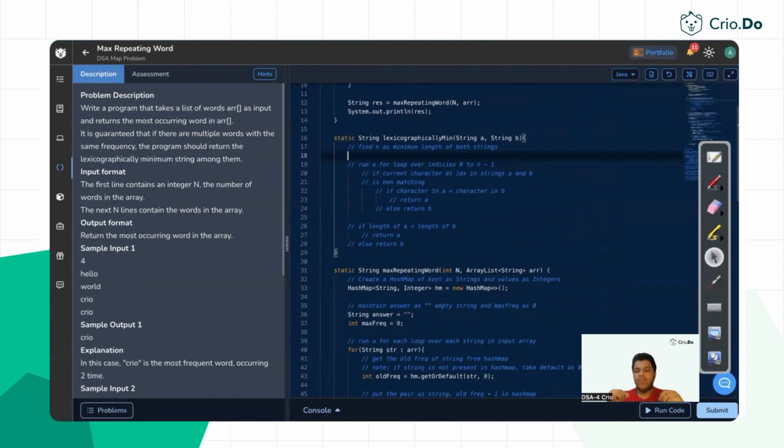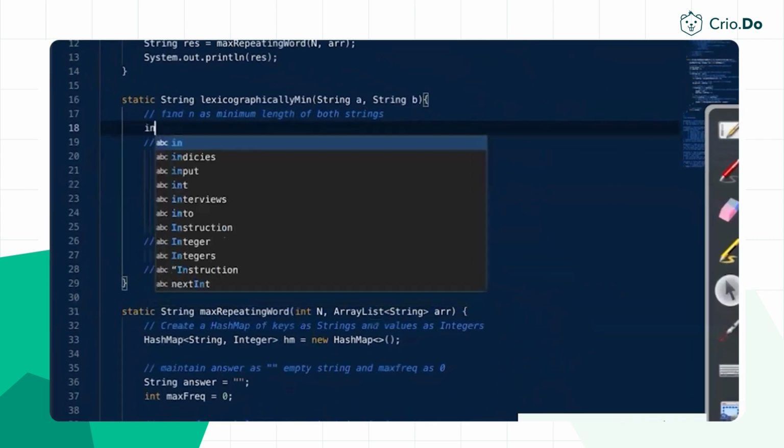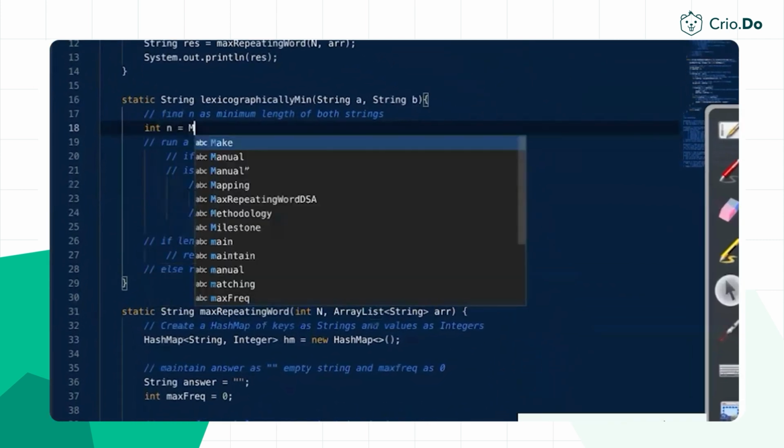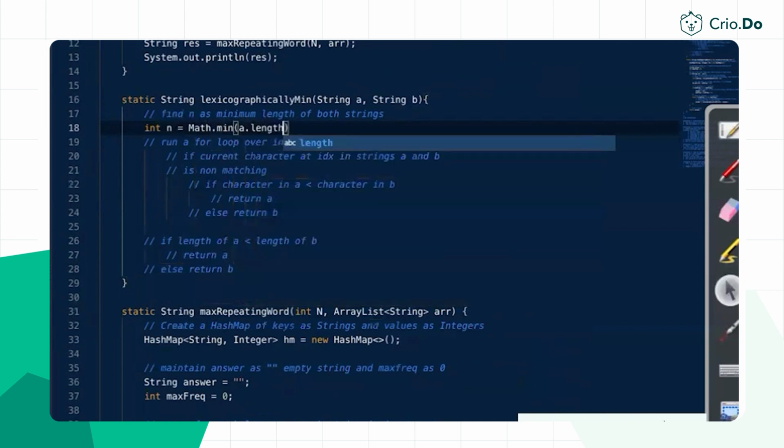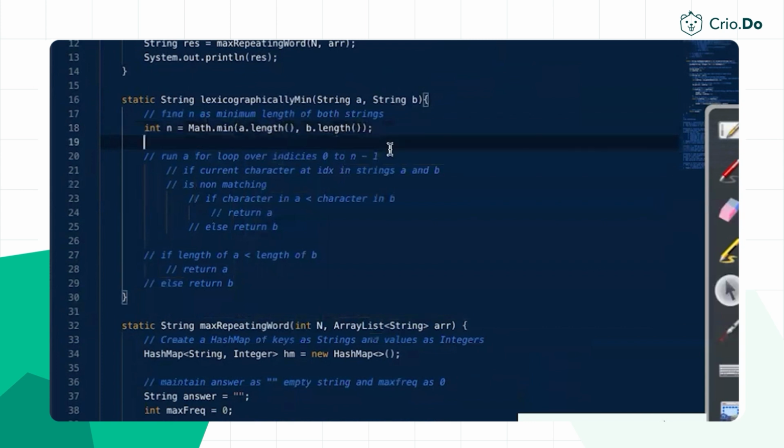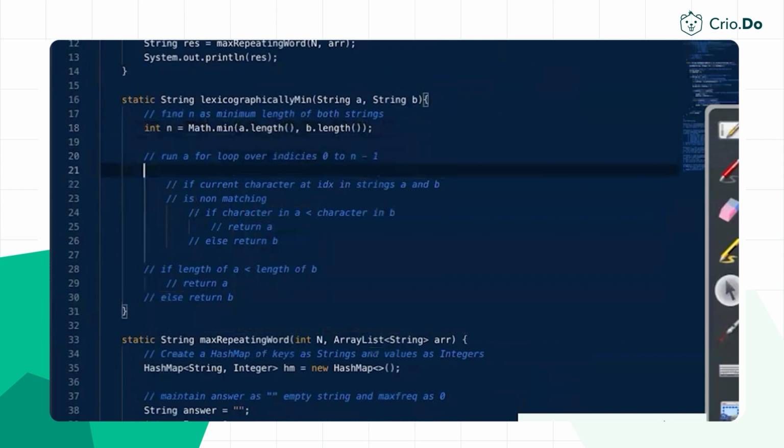So for that, we have to first find the minimum length out of the two. And in order to do it, what you can do is use the Math.min function, where you will pass both the strings' lengths, a.length as well as b.length. After doing that, you will have to run a loop over both the strings together. That is, run a single loop by indices going from 0 till less than n